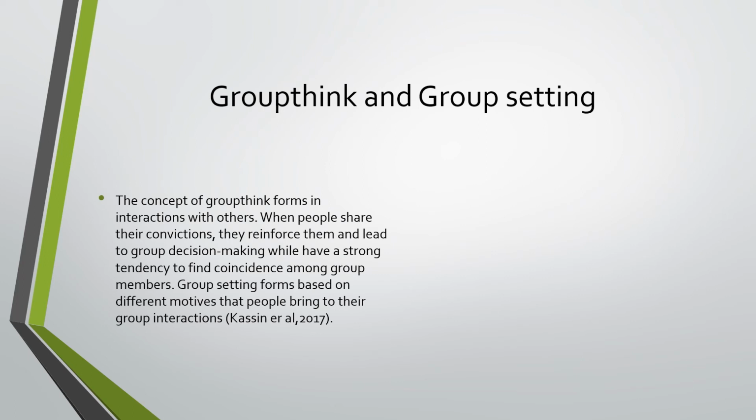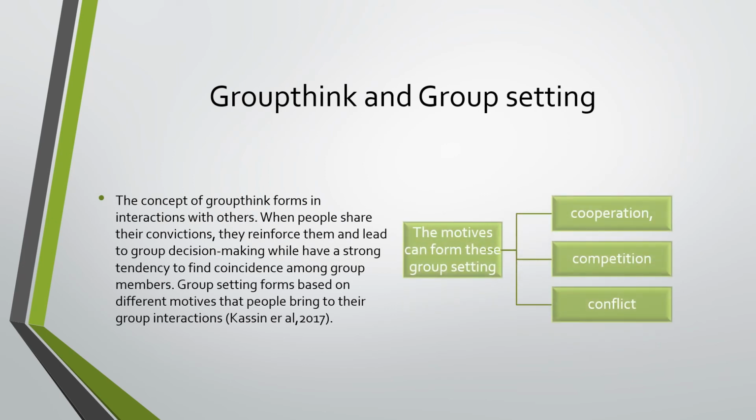Groupthink and group setting. The concept of groupthink forms in interaction with others. When people share their convictions, they reinforce them and lead to group decision making, with a strong tendency to find coincidence among group members. Group setting forms based on different motives that people bring to their group interaction. This diagram shows the motives that can form group settings. As you see, there are three group settings: